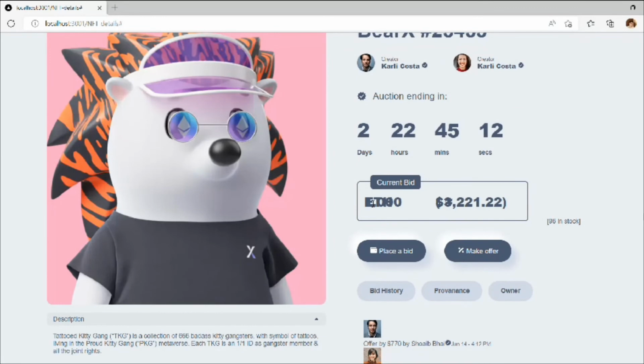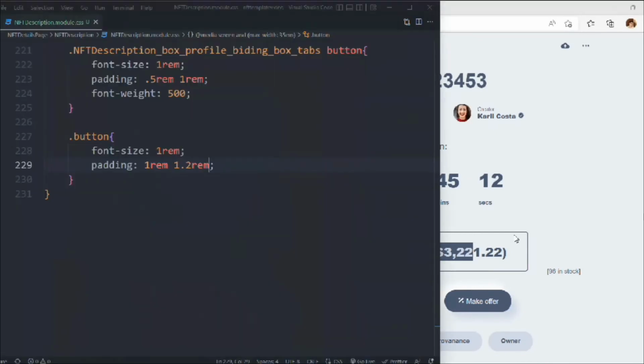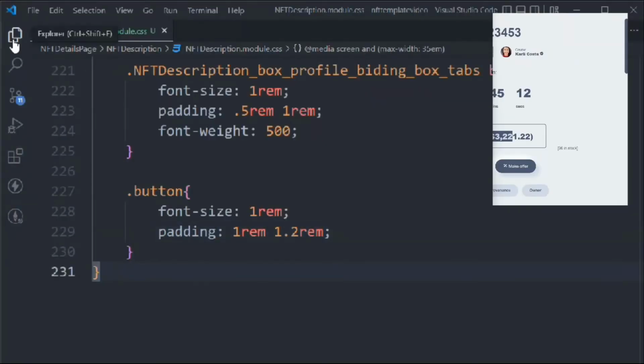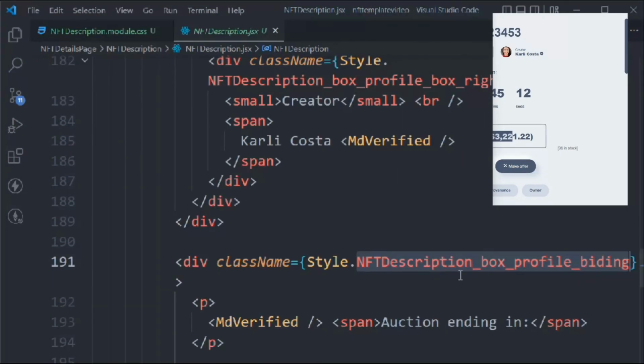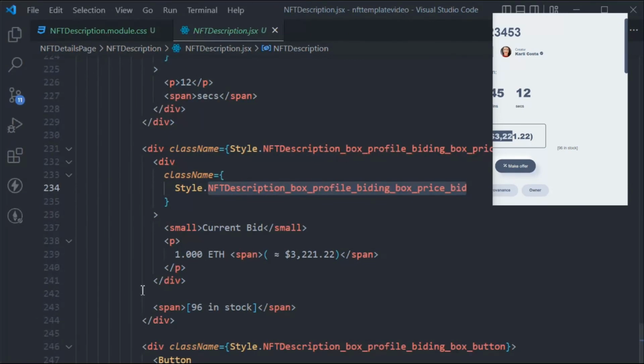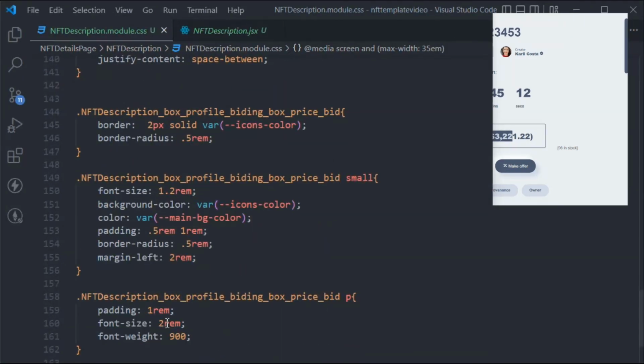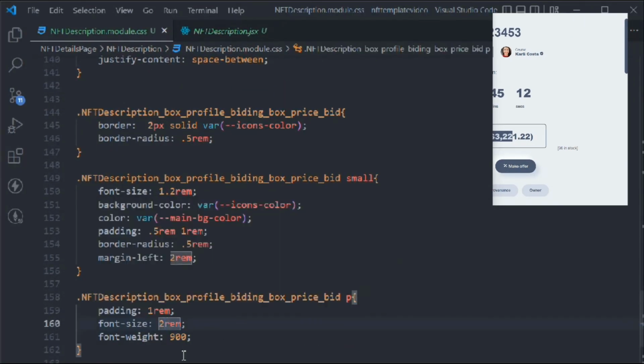Now we have to fix this one, and this is also looking good, no problem in that. The only changes we have to do are in the text. So let's come here and see where we're having the text. Let's scroll up here. So this is the price width, and we have this price. Okay, so price width, let's come up here, and where we have to do the changes, let's make it 1. Okay, 1 rem,